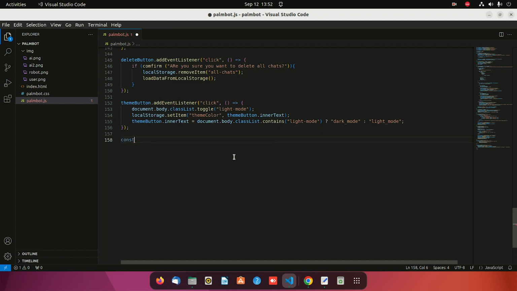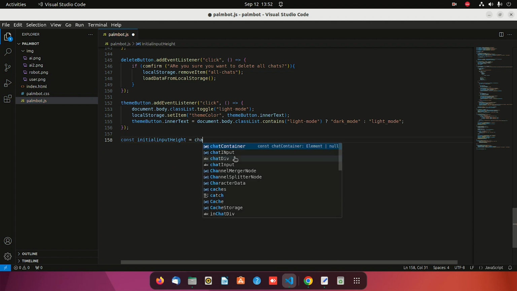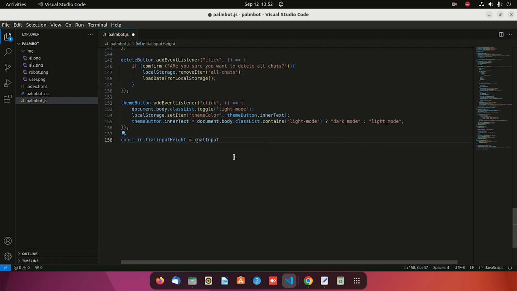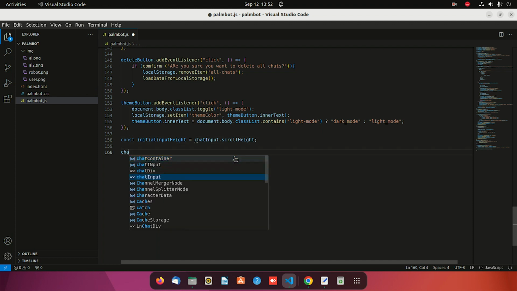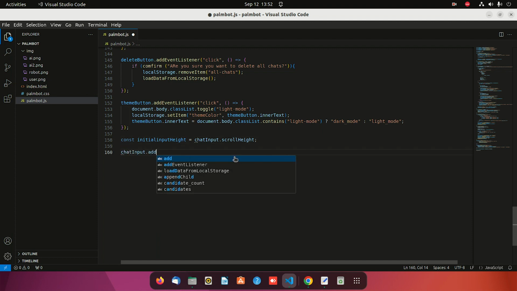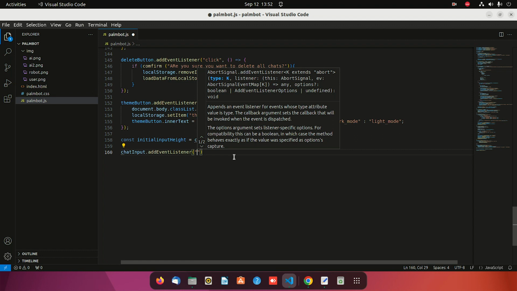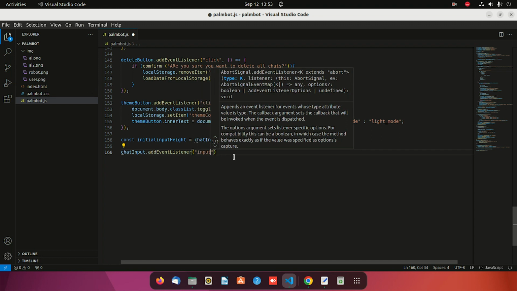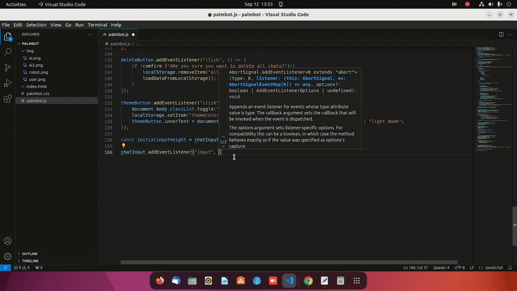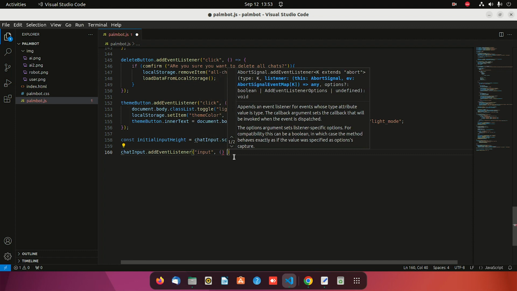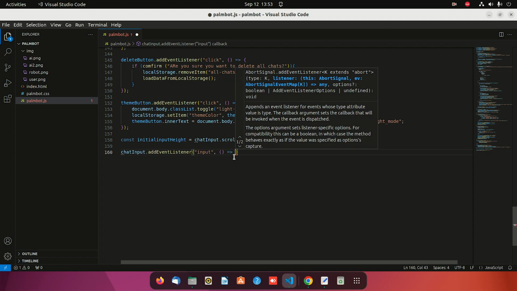Const initialInputHeight should be chatInput dot scrollHeight. Okay, let's go chatInput dot addEventListener, and we shall now say input outside of this. Let's go ahead and do an equal sign there. Okay,